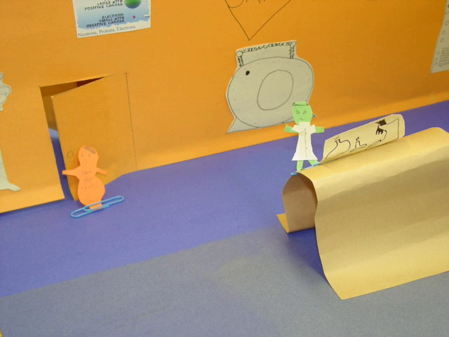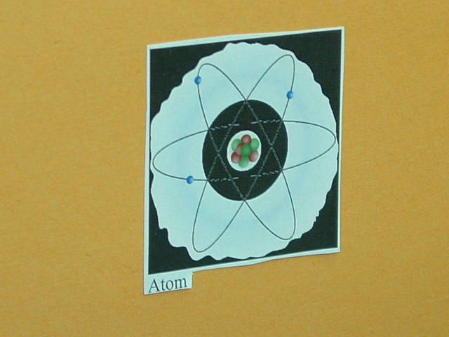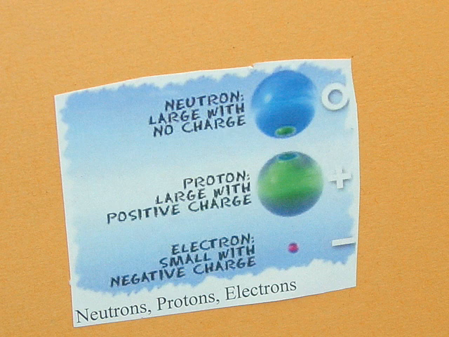If you don't, please. All right, here's a picture of an atom. Cool. Now pay attention. The protons and neutrons are located here in the nucleus. Protons have positive charges and neutrons have a zero charge, but electrons are located outside the nucleus and they have a negative charge. These are all subatomic particles.